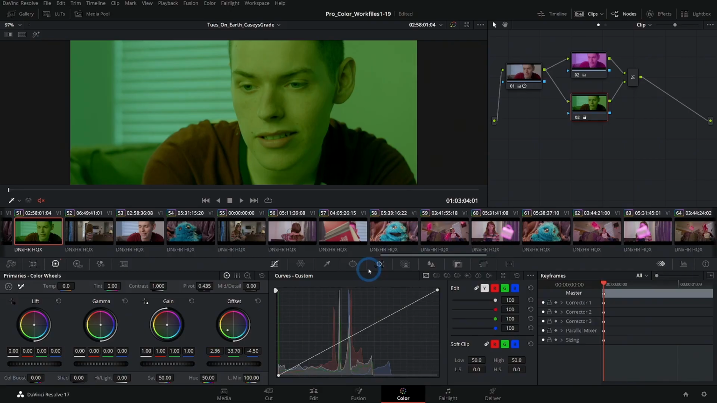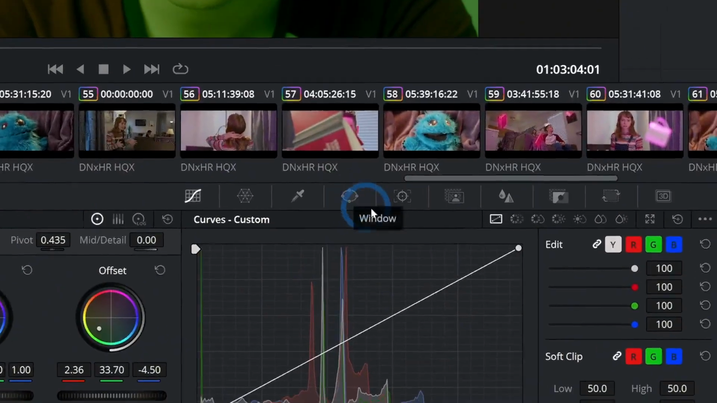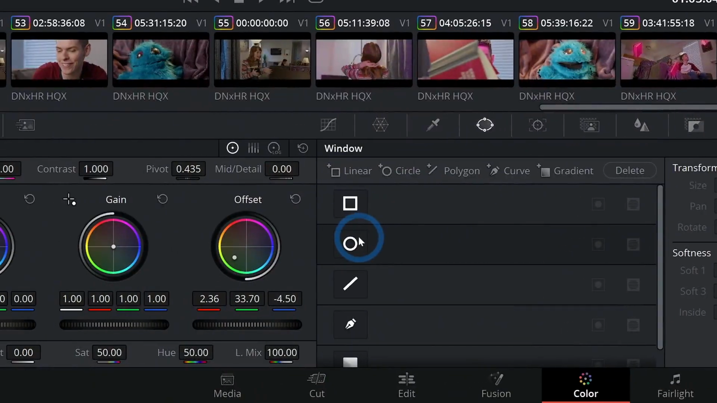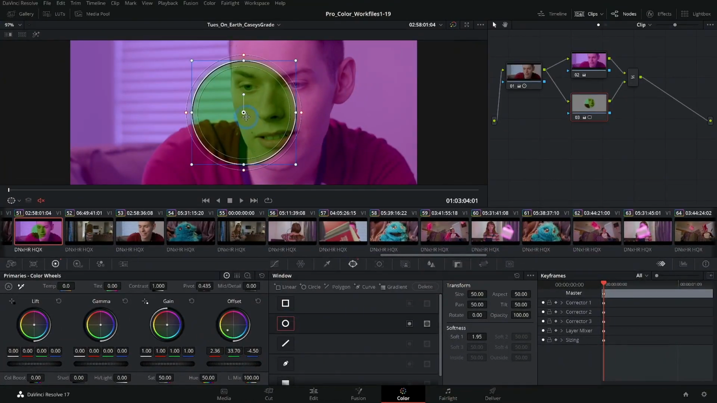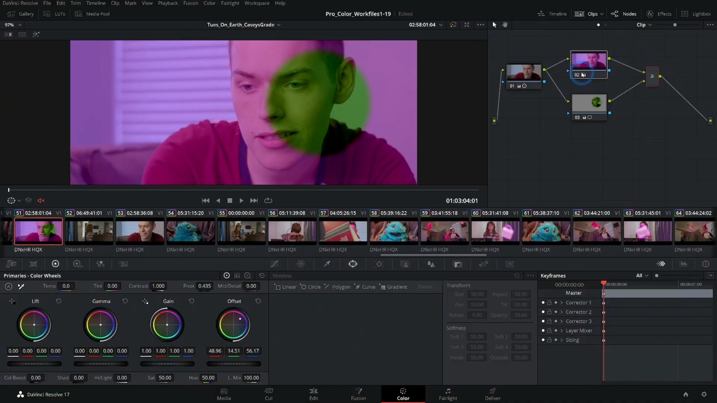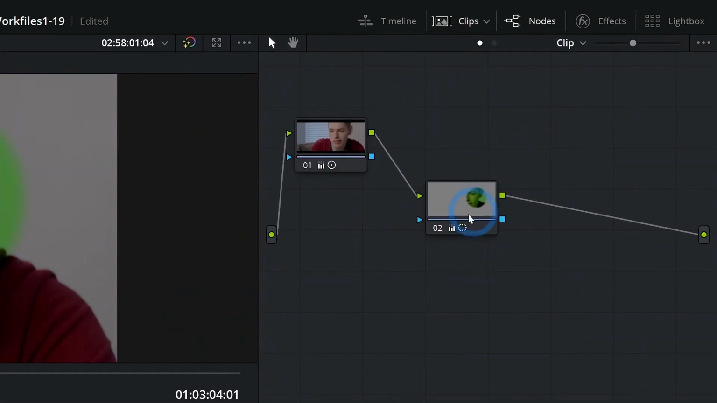This makes even more sense if you add a mask, which we're going to learn about in a little bit. But for now, I can click on this window here and click on a circle. And now we're just seeing the top layer inside of this circle, and the bottom layer shows through anywhere where the top layer isn't. Let's go ahead and get rid of these two nodes here,